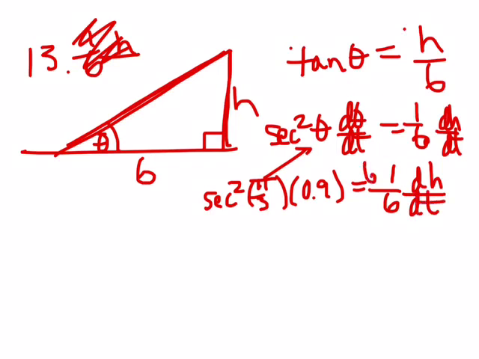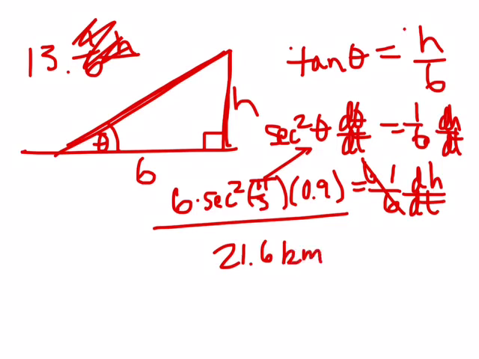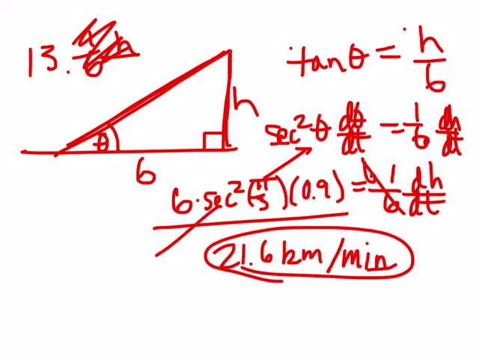So I need to multiply both sides by 6, and then evaluate this, and I get 21.6. And that was kilometers a minute. If you want to, for this one, you could do cosine of pi over 3, and you get 1/2. And then secant is a reciprocal, so it's 2, and then you've got to square it, so it's really 4. So when you plug it in,